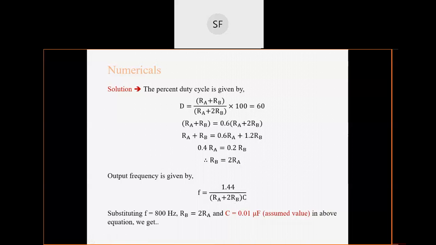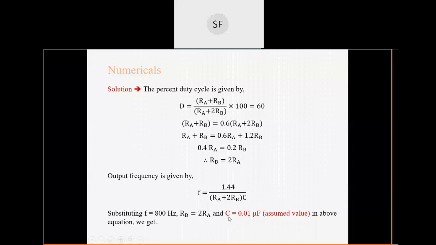So now you have to assume some parameter in order to find out the values of others, and you can assume any value, right? Because you are designing this particular circuit, the liberty is up to you as to which parameter you assume. Many of you can assume RA or RB and find out the value of C, but the general procedure is that the value of capacitor is generally assumed,